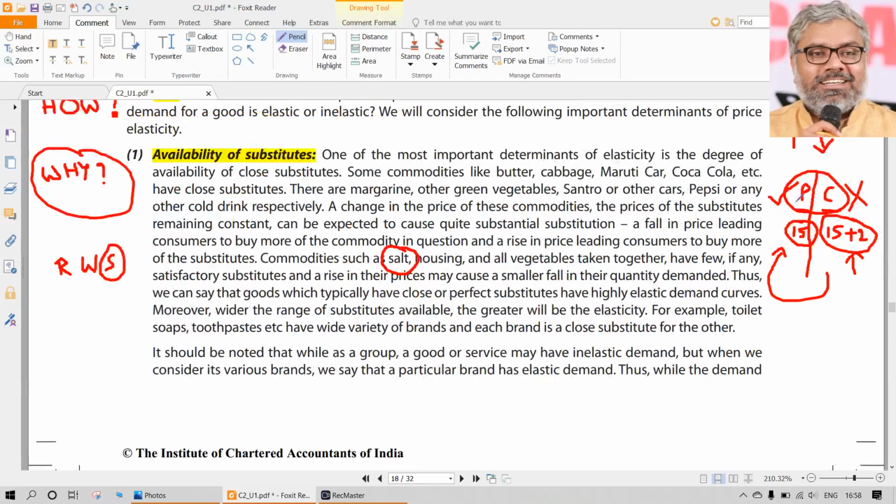On the other side, you can take other examples like soaps and toothpaste. They will have high price elasticity. Why? Because they have very close substitutes. You can use soaps very commonly interchangeably. So shampoos, soaps, toothpaste, we can popularly call all these products fast moving consumer goods, popularly known as FMCG. Since they have very close substitutes in most cases, their price elasticity will be high. Naturally, their demand will be highly dependent upon price.